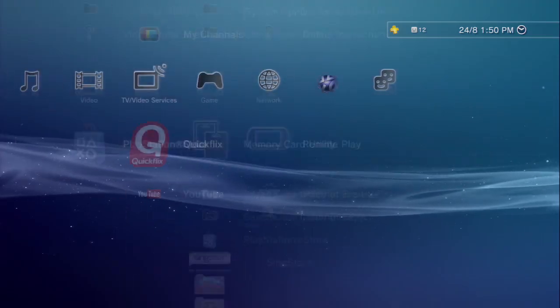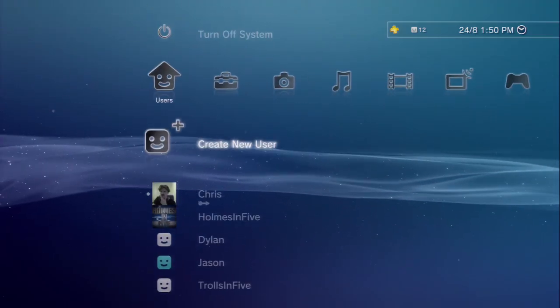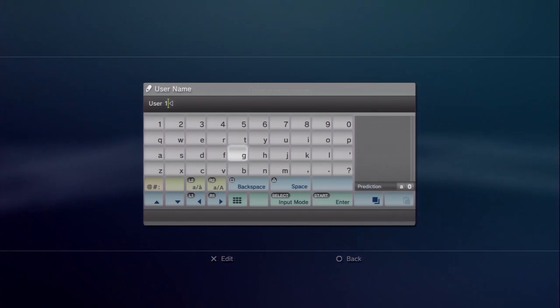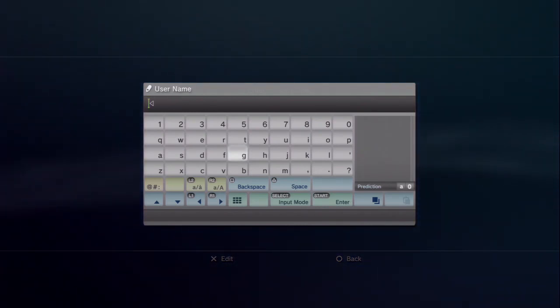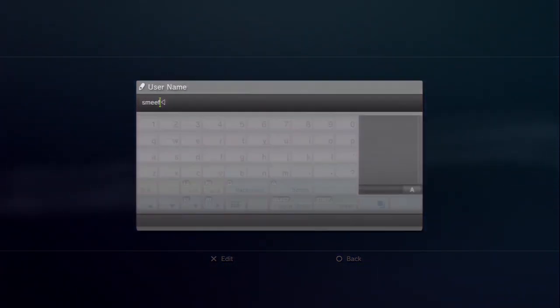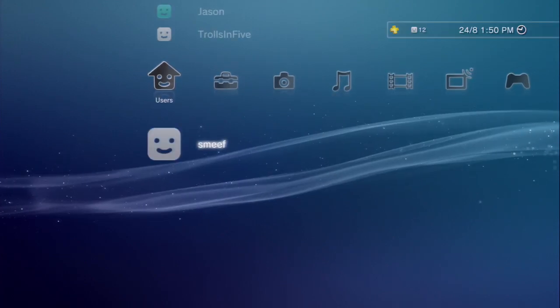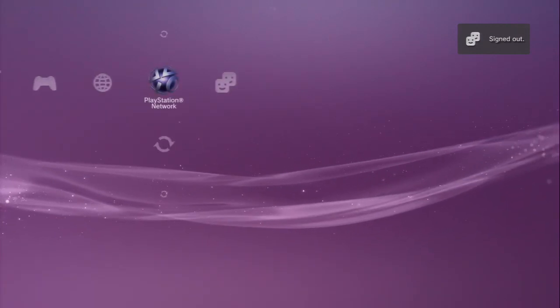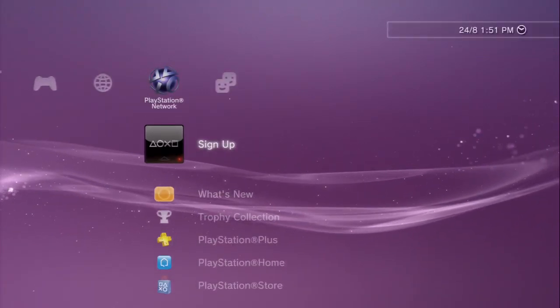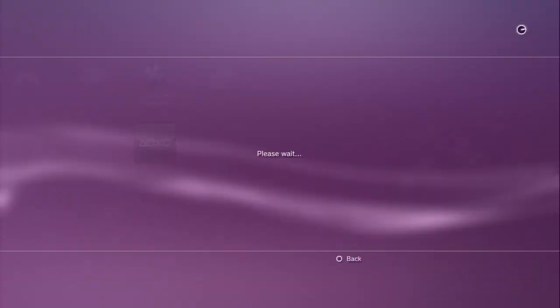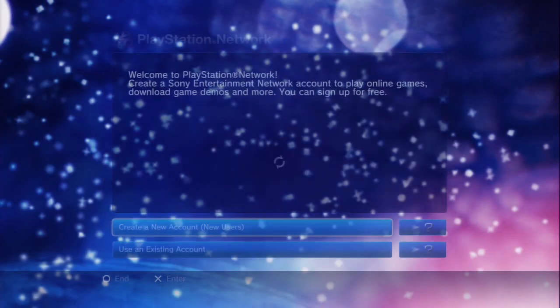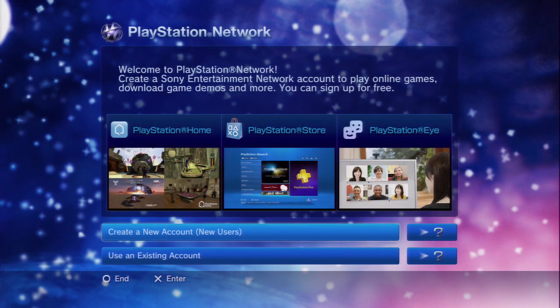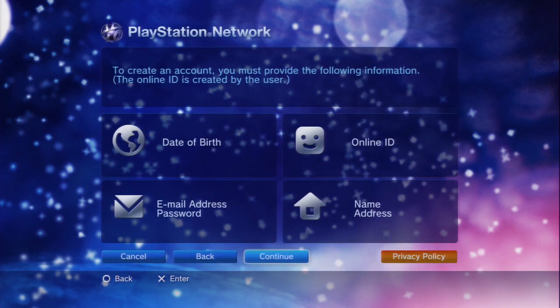First thing we're going to do before we get too far ahead of ourselves is create a new user though. So you need to actually make one to make a new account. So we'll call ourselves Smeef and log into Smeef. Okay, and now that we're at the next stage, we're going to go ahead and sign up for the PlayStation Network, or the Sony Entertainment Network as it's now called. Okay, obviously we're going to pick create a new account, so hit that,